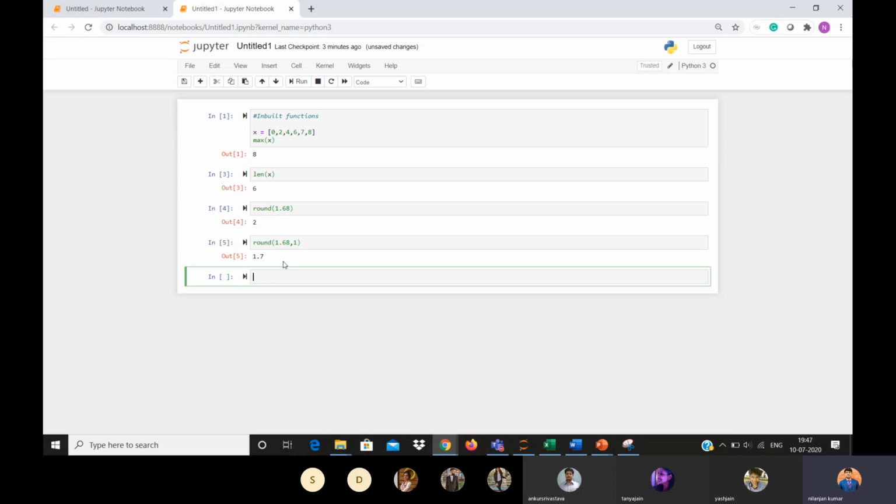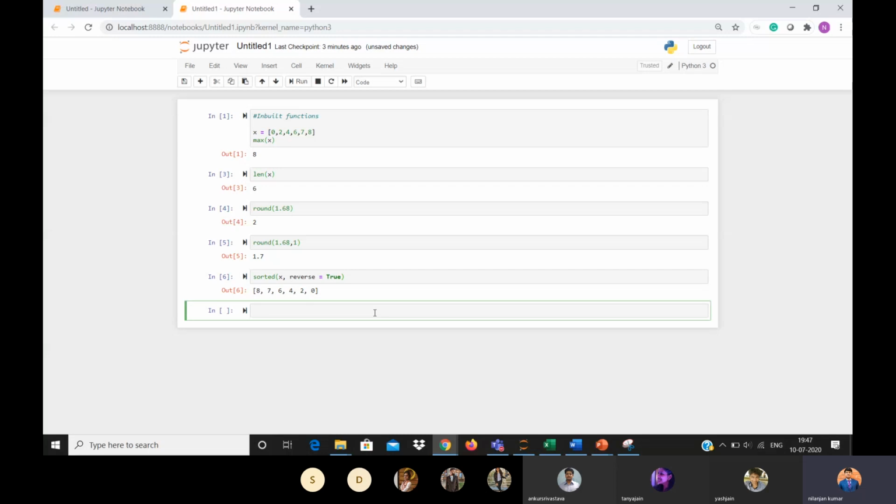Also, we can do the sorted function, sorted x in reverse order. It will give this list in reverse order. So these were some inbuilt functions.